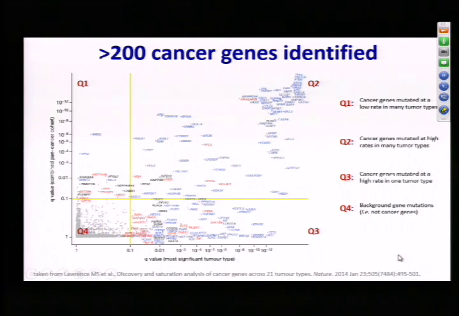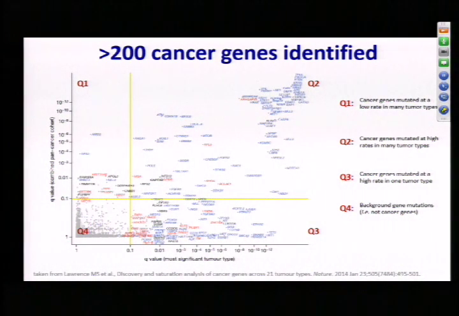So in all cases here, 200 genes, in order to use this information to improve clinical outcomes for patients, we need to understand the nature of the mutations that occur in these genes, understand how the mutations affect the gene function and protein function encoded by that gene, and then determine, is there something we can do to target that mutant protein, or in cases where the protein is broken permanently, replace its function if possible. And so it's a tremendous amount of research that is required to sort all of this out,